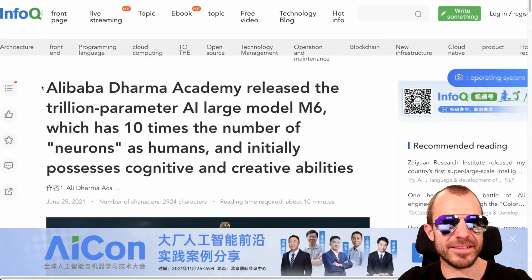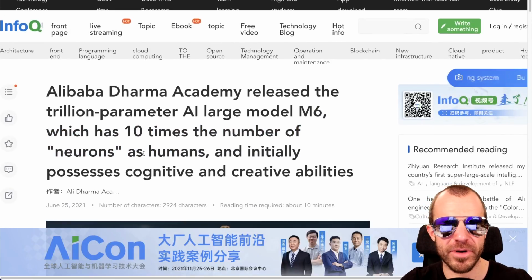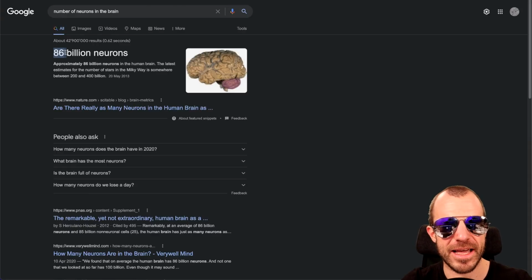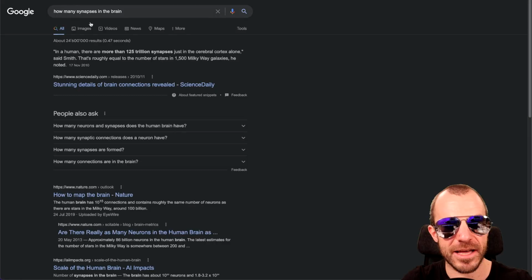What is a bit deceptive is that the title says that the model has 10 times the number of neurons as humans. So apparently it has, what, 1 trillion parameters, and the human brain has 86 billion neurons. Yet, of course, the number of neurons is not equal to the number of parameters. For that, you need the synapses in the brain, which are more than 125 trillion. So no, your parameter count is not larger than human parameter count quite yet. And even if we get there, it's probably not going to perform as well as humans just because you have that many parameters. If you people figure out any more about this model, link it down below in the comments,